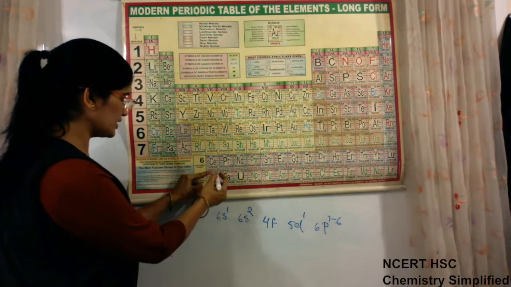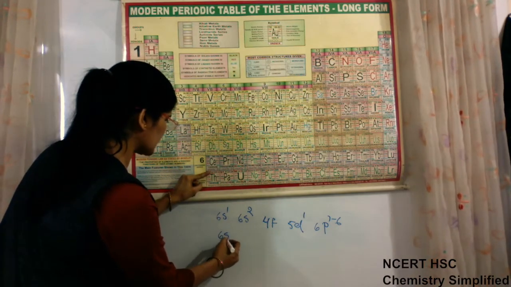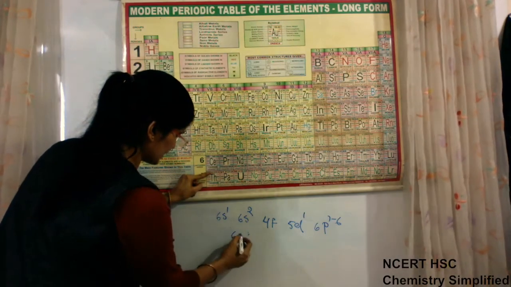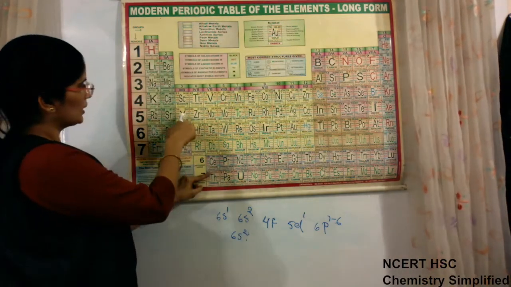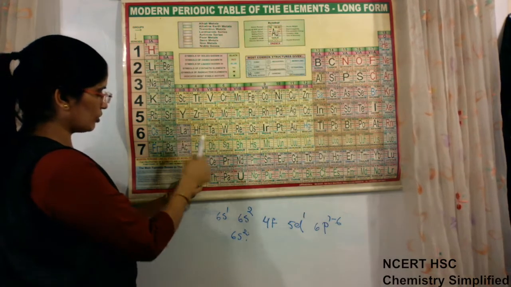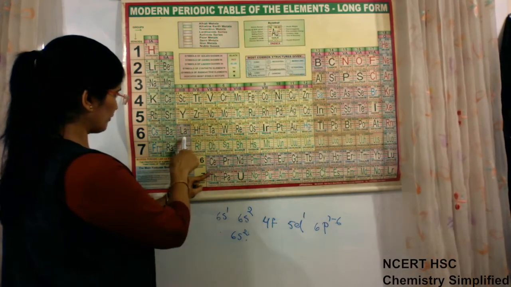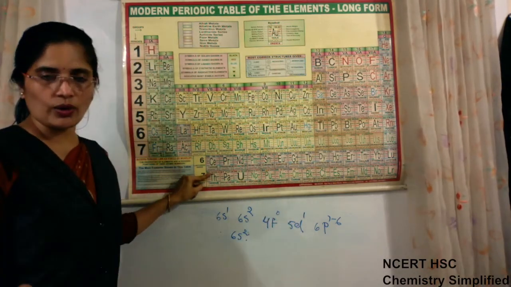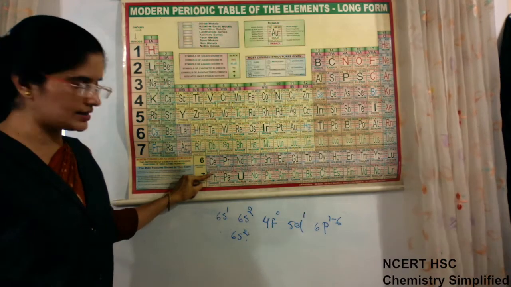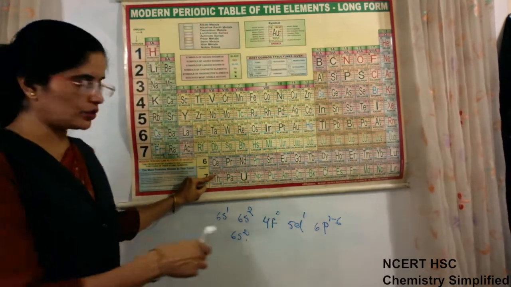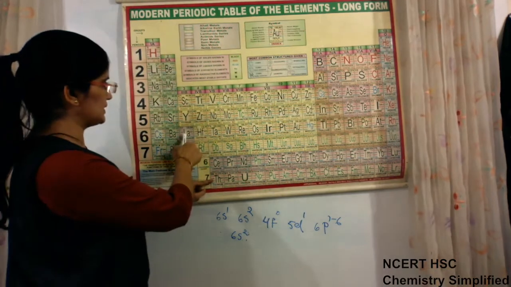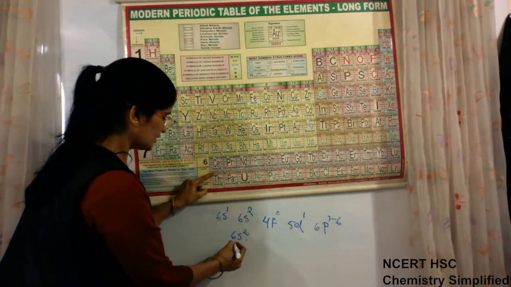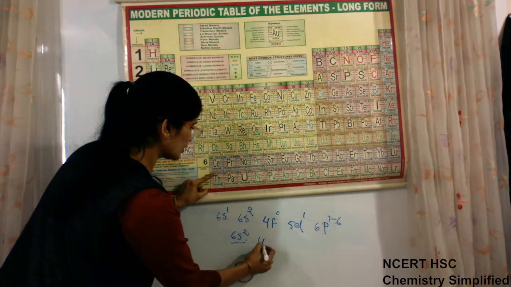Now when it comes to cerium, the electronic configuration becomes 6s1, but 6s2 is already there, so we can write directly 6s2. Now for lanthanum, the configuration was 6s2, 5d1. There was no electron in 4f. Though according to energy rules, the electron should go first in 4f, it will go in 5d first. After that, it will come to cerium, and for cerium the electronic configuration will be 6s2,